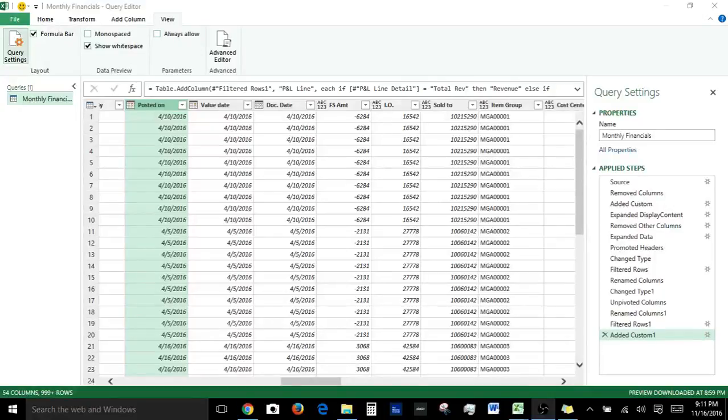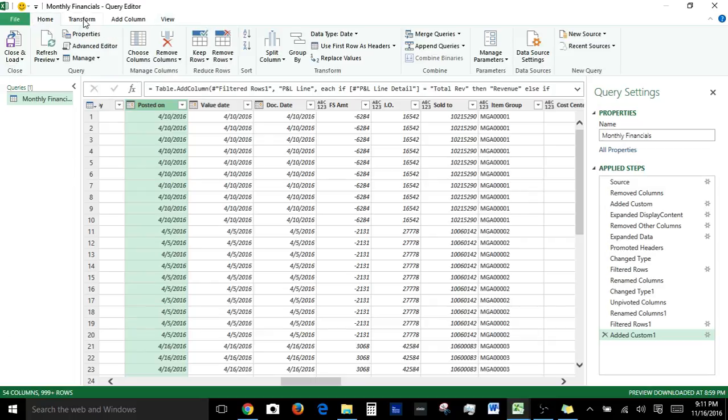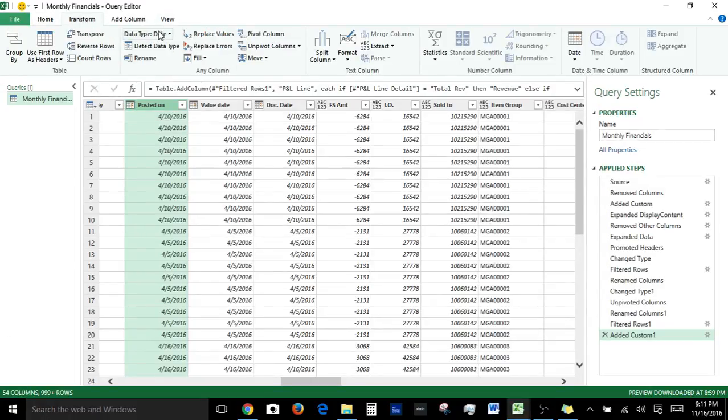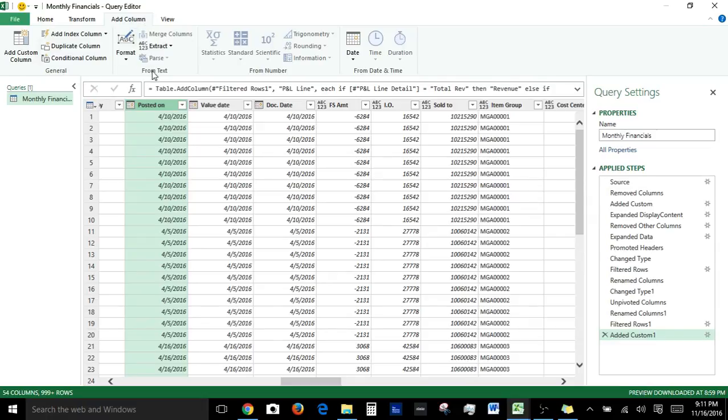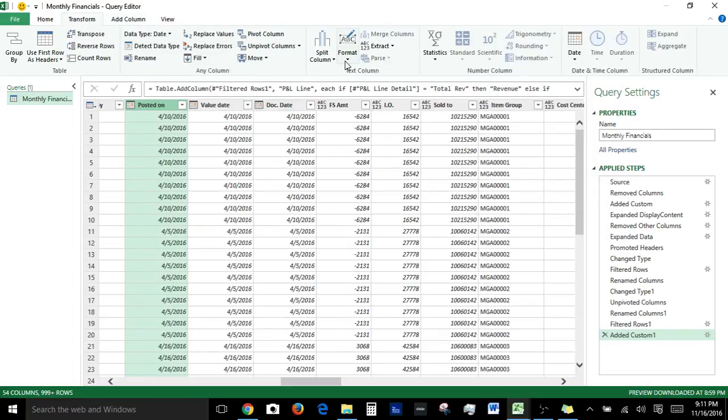Hi, let's look at the View tab of the Power Query Editor. So we've gone through the Home tab in the ribbon, we've gone through the Transform tab in the ribbon, we've gone through the Add Column tab in the ribbon, and as you can see, there are many buttons in here which are available